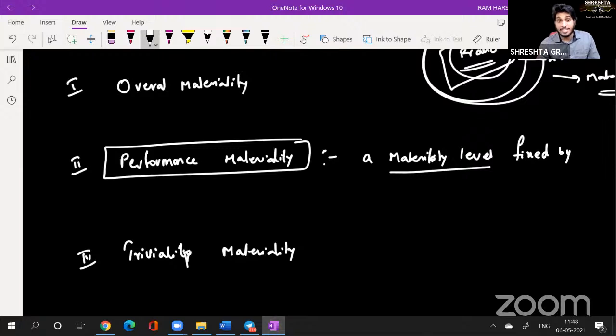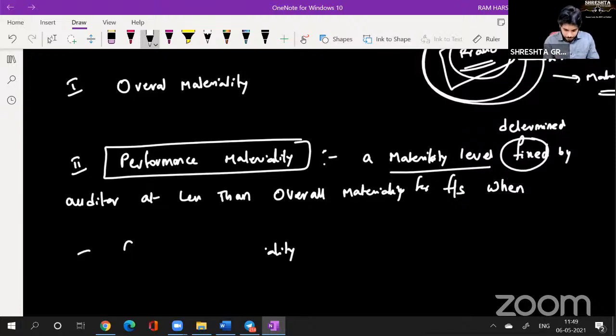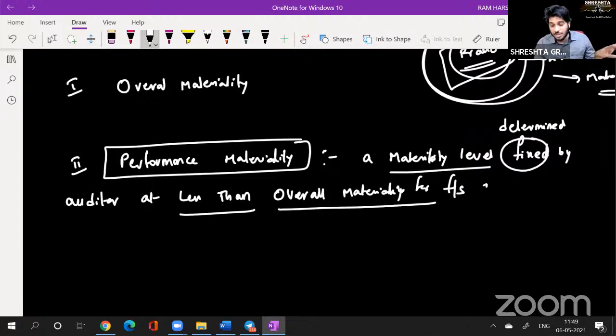fixed, means nothing but determined. You can use more the word determined, which is more accurate. A materiality level determined by auditor at less than overall materiality for financial statements, where... just a minute. First, I'm repeating, a materiality level determined by auditor at less than overall materiality for financials as a whole,